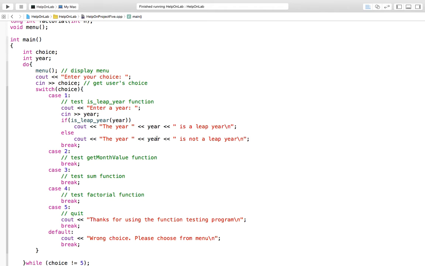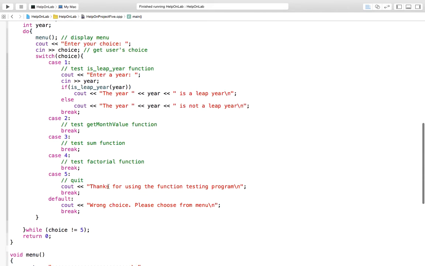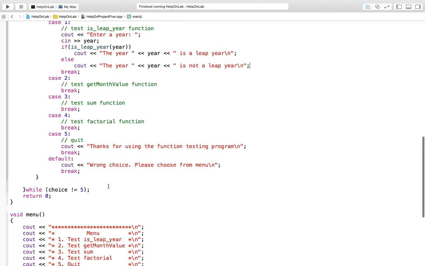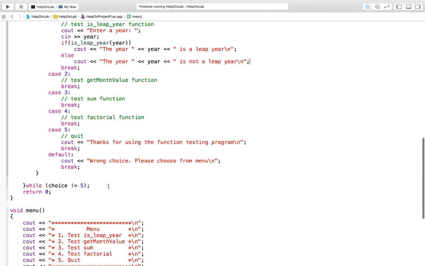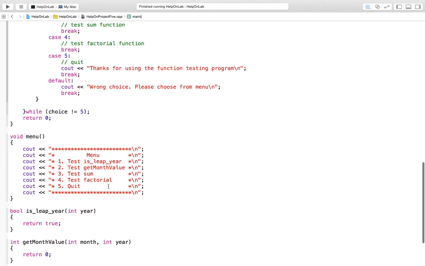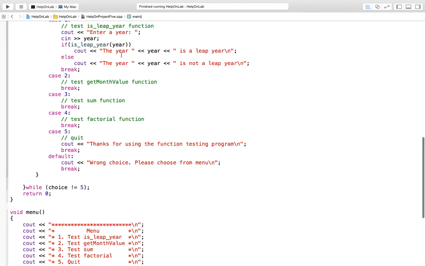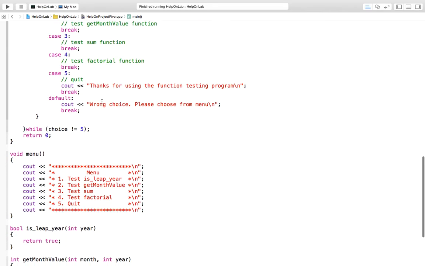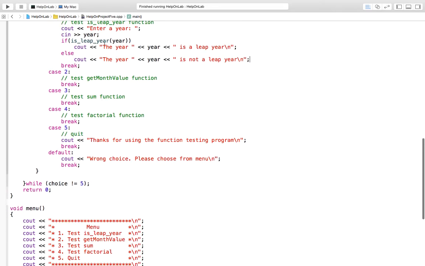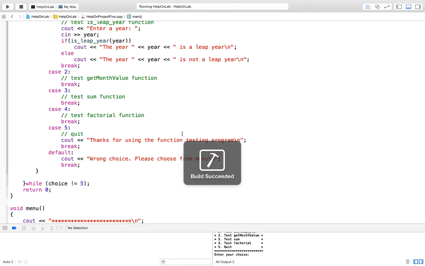Now you do not have to implement all other cases before you can test the isLeapYear function. You actually can test it now. You test it now because you just want to simply see if you call the isLeapYear function correctly or not. Since your isLeapYear function now always returns true, your program is supposed to print out, no matter what year you input, the year is a leap year. Let us try. Successfully,